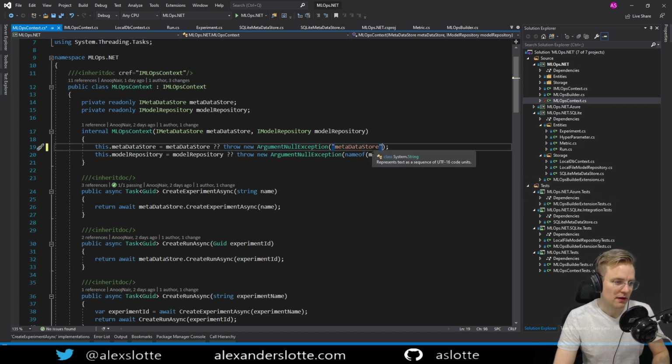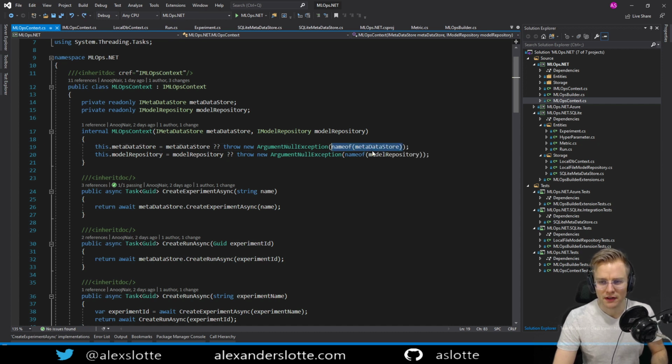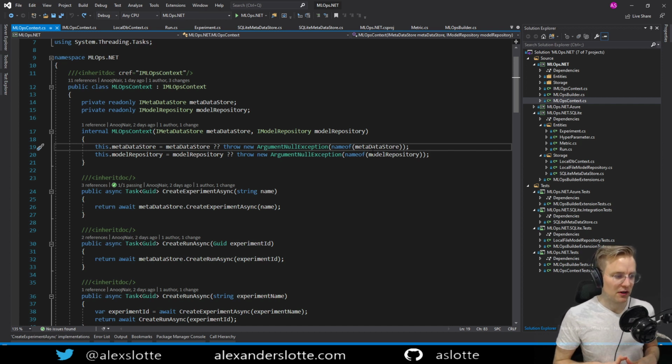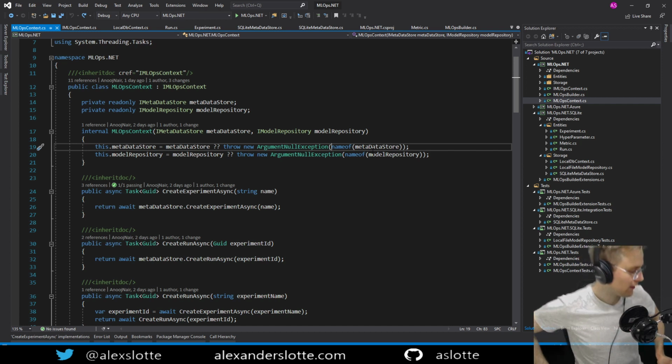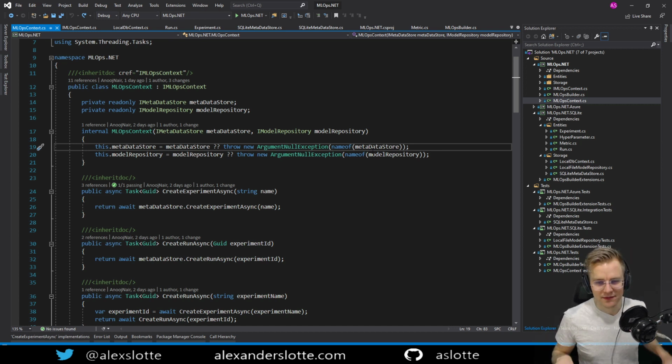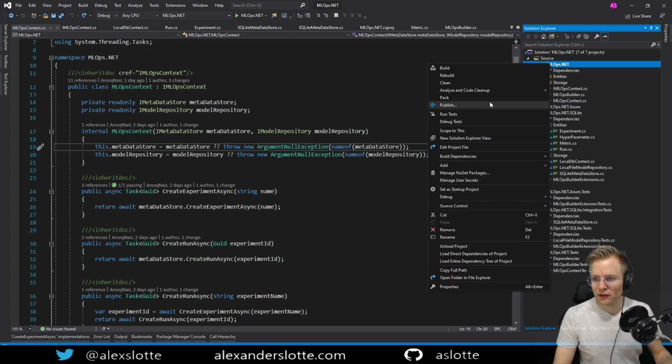That's exactly the same thing, because now I'm saying the name is metadata store, but nameof is much cleaner, because if I change the variable name, my exception message will change as well, which is useful. It's also useful if you want the name of a class, or if you log things and want to know where you are. Instead of hard coding things, you can just use nameof, and it's going to dynamically figure out the name of a variable or a class or something else. Hope that makes sense. It's a useful method, I like it. But that's a good question.